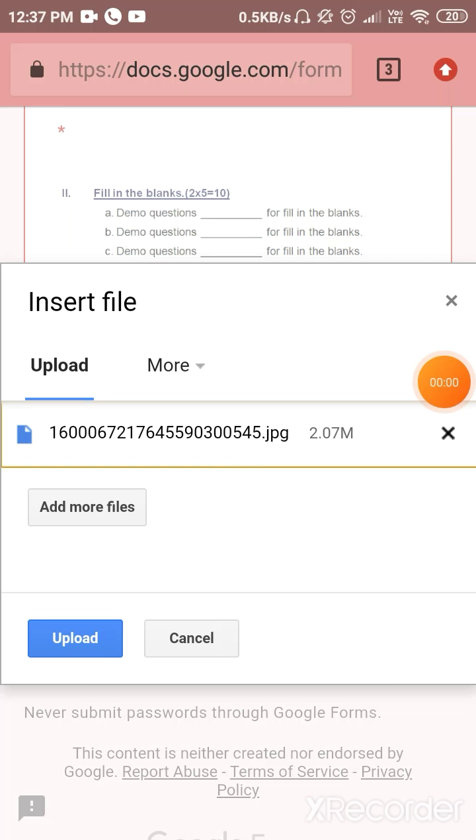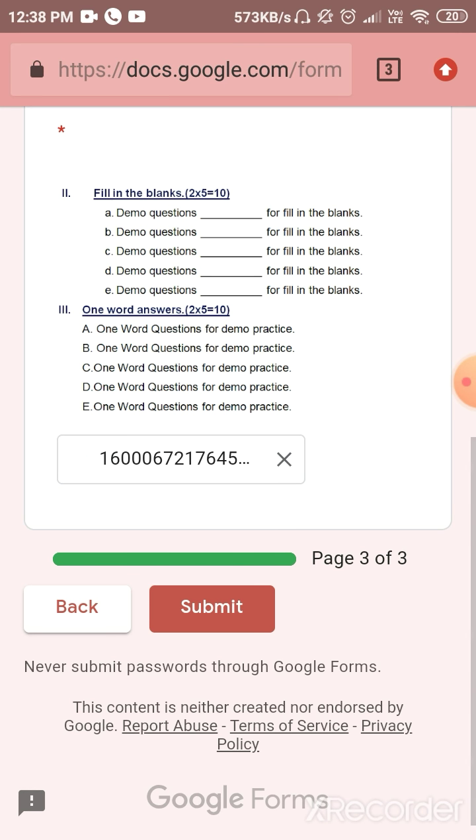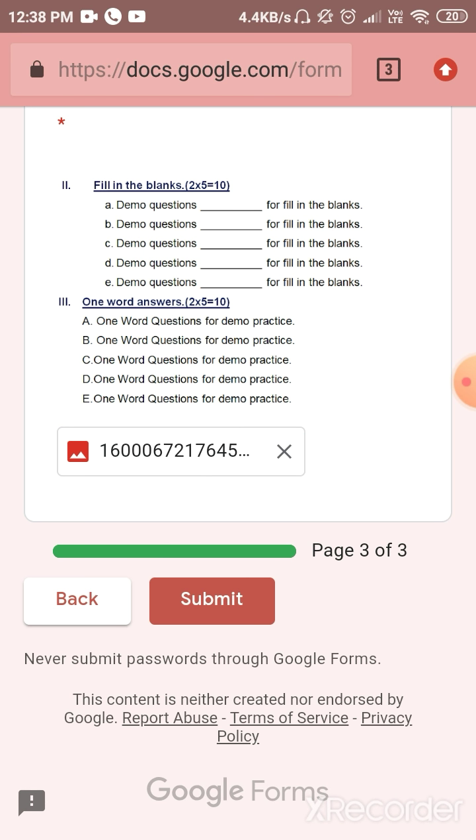After clicking, you can see your file is uploaded here. After this you have to click upload. After clicking on upload, it will take a few seconds and your file has been uploaded. After uploading, you have to simply click on submit.